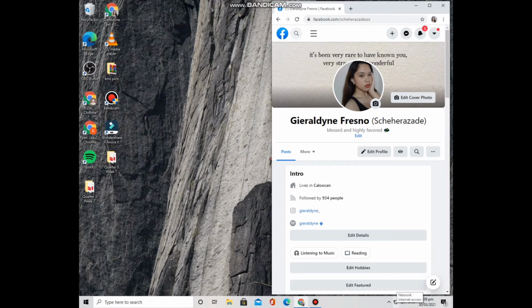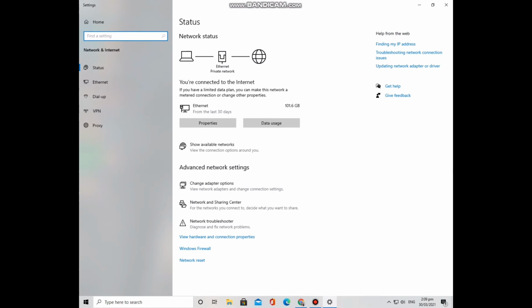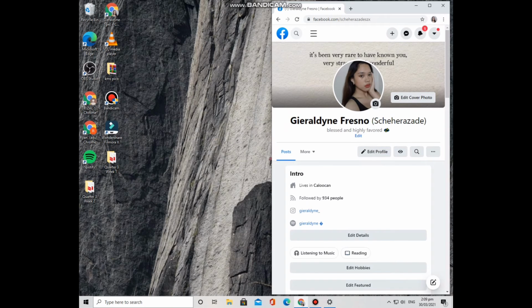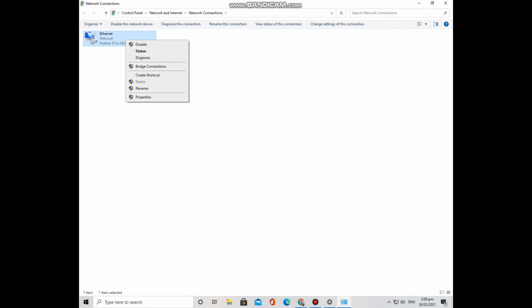You will right click it and then click Open Network and Internet settings. As you can see, we need to do it manually to view the network connections. So we will search in the search bar View network connections, and right click it, click Properties,